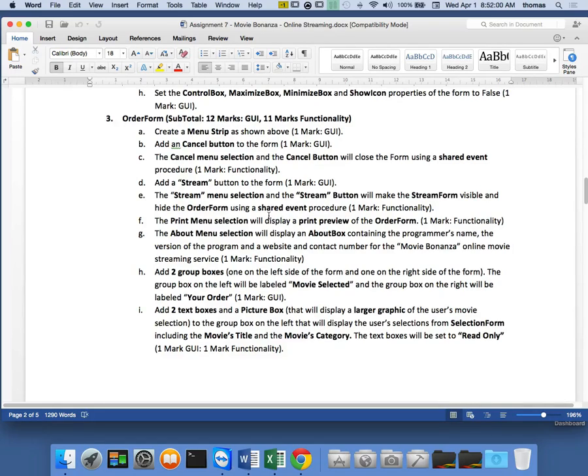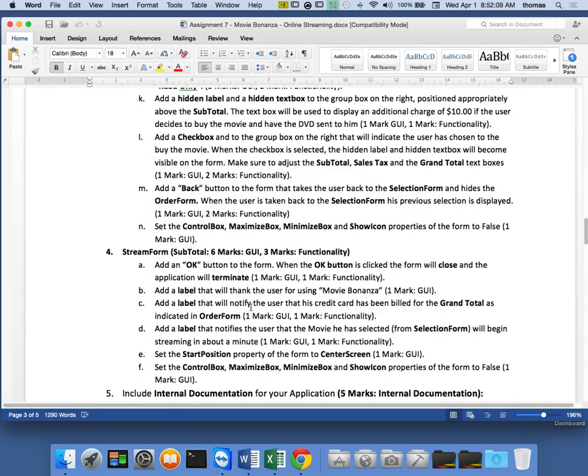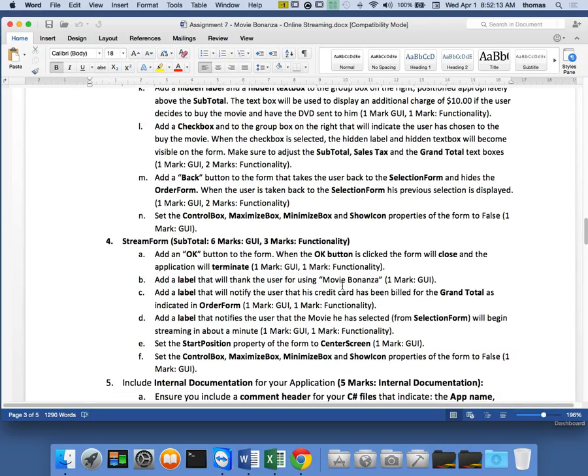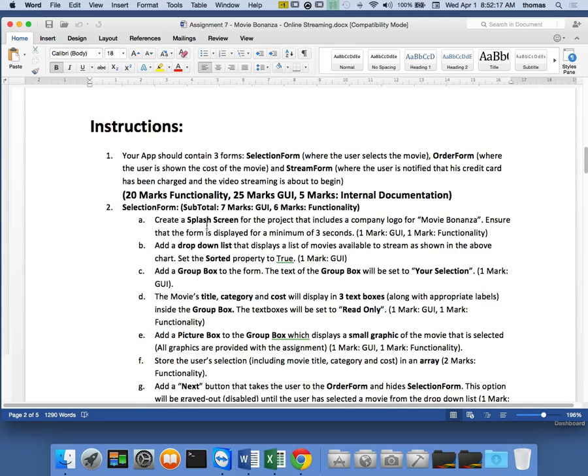And what it's going to have is the stream form, if you look what that is, right? It's basically another form that looks very much like a message box, right? But it's not, it's a third form, right? So some stuff we'll talk about. There's also one piece of it that says a splash screen. And what is a splash screen? And how do you do it for 3 seconds? These are the things we'll probably cover early next week. So again, it's very simple stuff, nothing to worry about, and it's all built in.